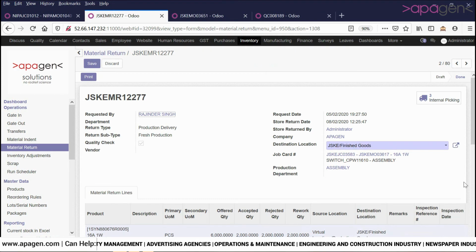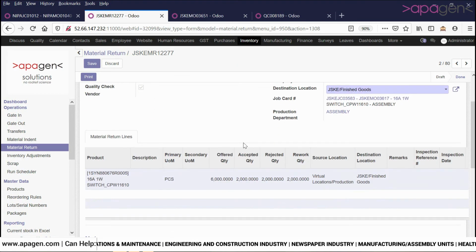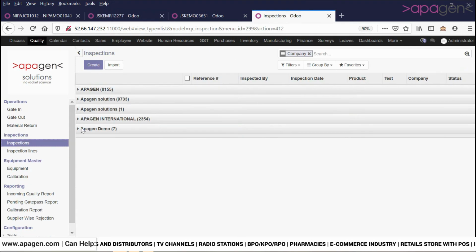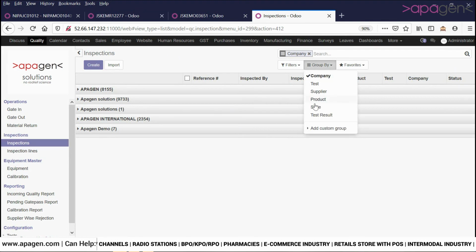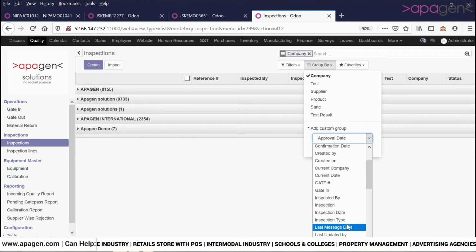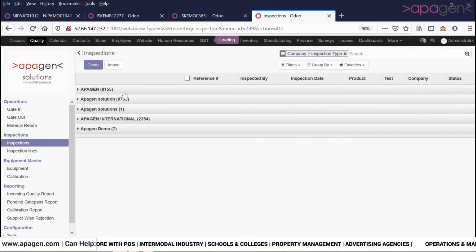So when I see a fresh production, you can see that there is a product here. I can see how many quantities have been offered for production delivery, which is around 6,000. The accepted quantity. Now here we are doing in-process inspection by the quality inspection team. If I look at the quality inspection, I can see different types. So production inspection,